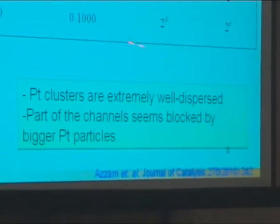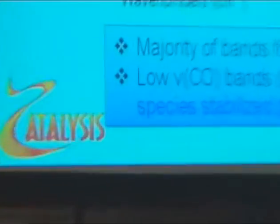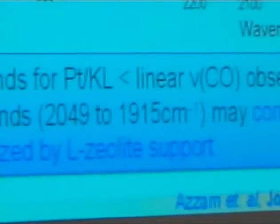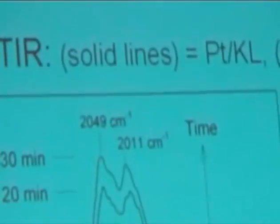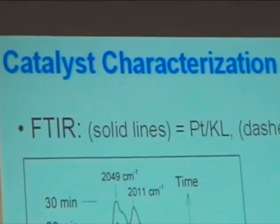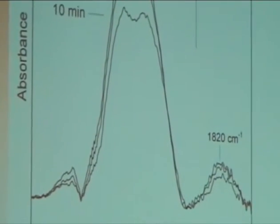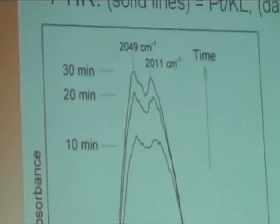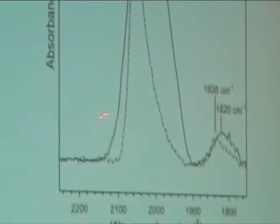So to determine the interior location, we study the FTIR. Here in this figure, you see the evolution of the platinum carbonyl. With time, the bands are increasing, which means that we are forming, with the wavenumber below 2150, the platinum carbonyls that are stabilized with the oxygen-rich electrons inside the channel. And if we compare it with the platinum alumina,